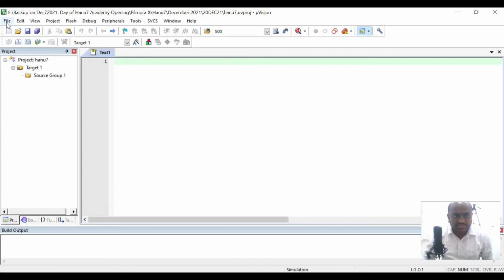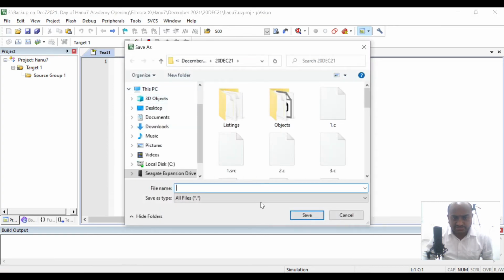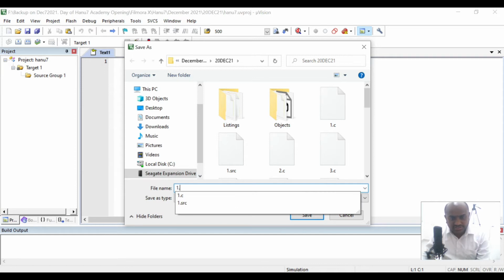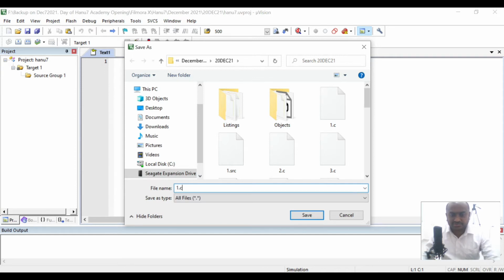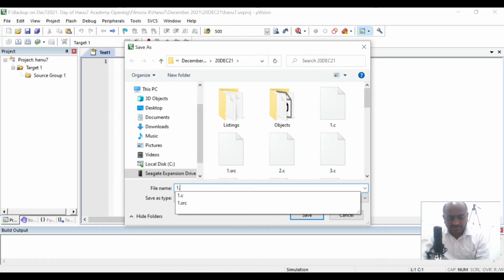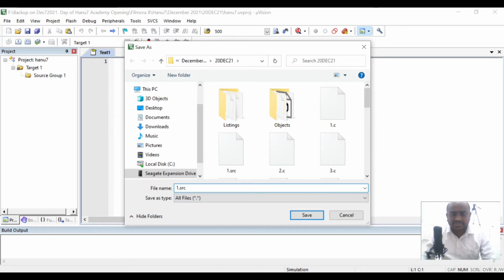If you save this file using Save As, or simply save it as 1.c, it will become a C language program. If you save it as 1.src, it will become an assembly level language program. Also it will become assembly level language if you save it as 1.asm. So remember the extensions.